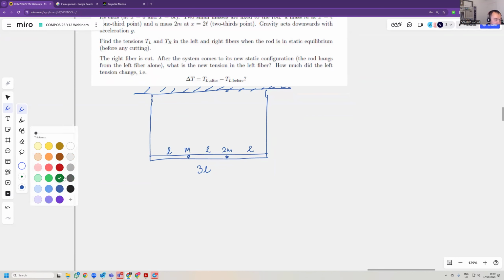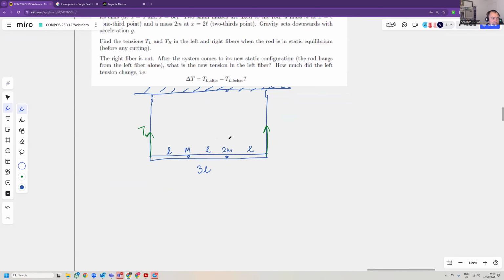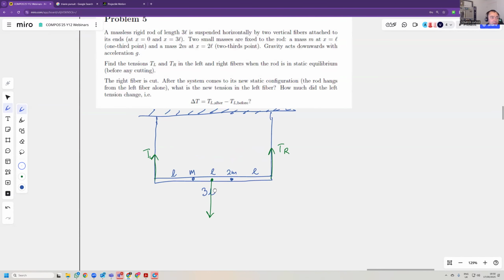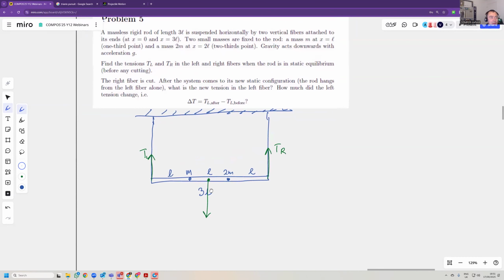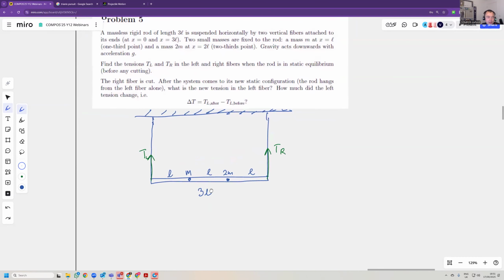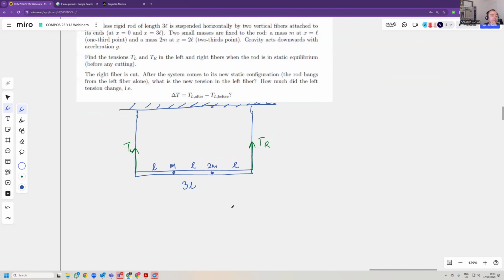Okay, so there's a tension in this string, TL and TR. And of course, there's a gravitational force here. The mass of the rod is, oh, it's massless. Okay, there's no mass. Apologies. Okay, right, so we have,